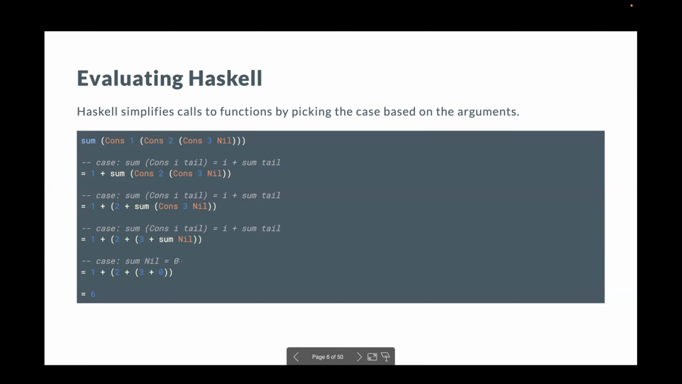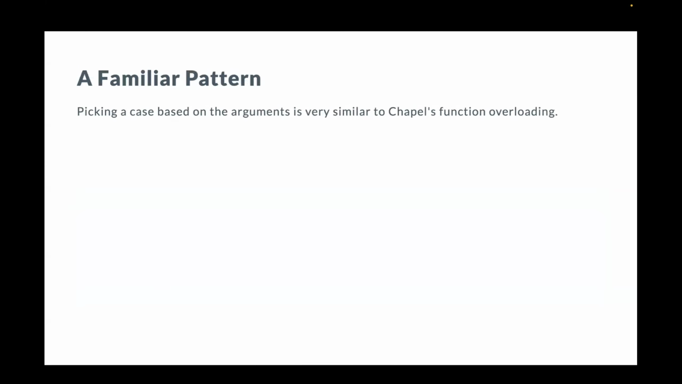And finally, the other case in that sum function is that sum of nil is equal to 0. So we replace sum nil with 0 and get 1 plus 2 plus 3 plus 0, which fortunately adds up to 6 as desired. So this picking cases based on arguments is actually very similar to how Chapel does function